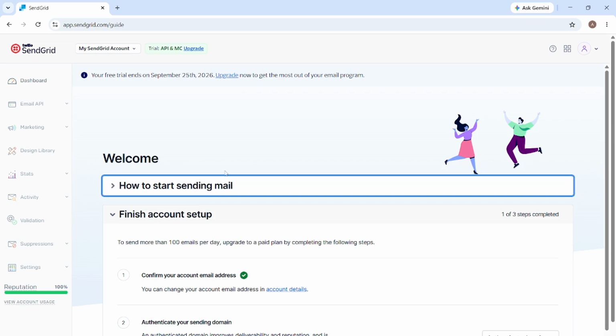In today's video, I am going to teach you how to set up domain authentication in Sendgrid. If you are sending emails from your own domain, setting up domain authentication is an important step. It helps your emails arrive in inboxes and supports trust with email providers. In this walkthrough, you will use Sendgrid's built-in steps to connect your domain through your DNS provider and then verify